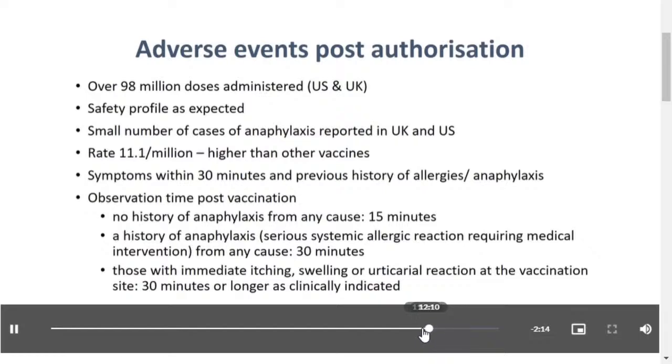So some adverse events that have been reported regarding the Commonality vaccine and its use in the general population. So over 98 million doses have been administered at a rate of